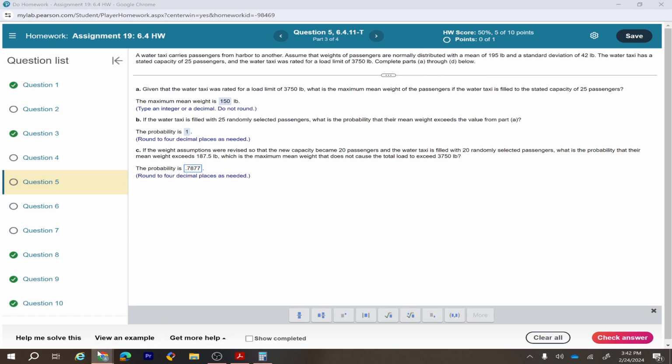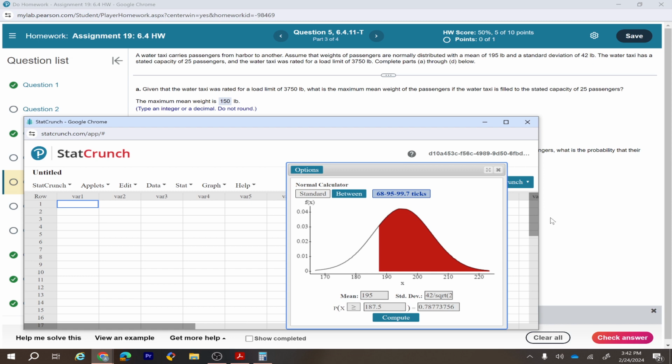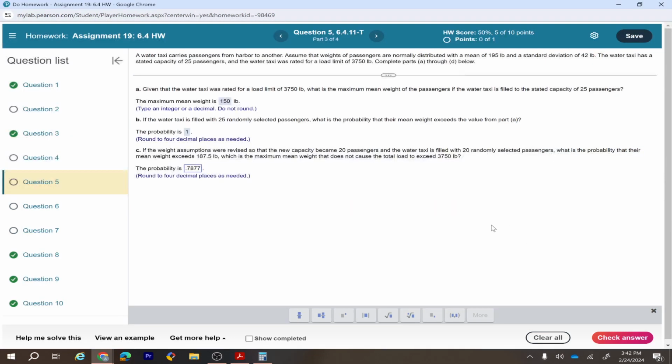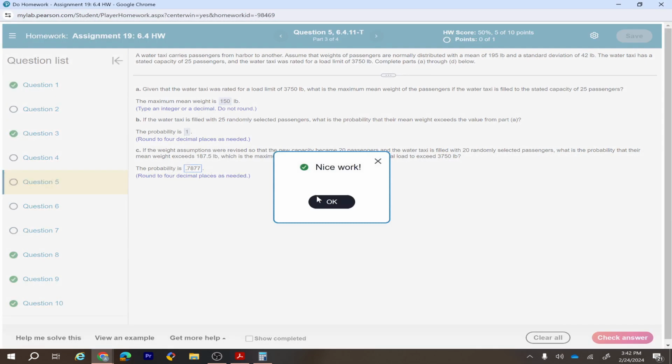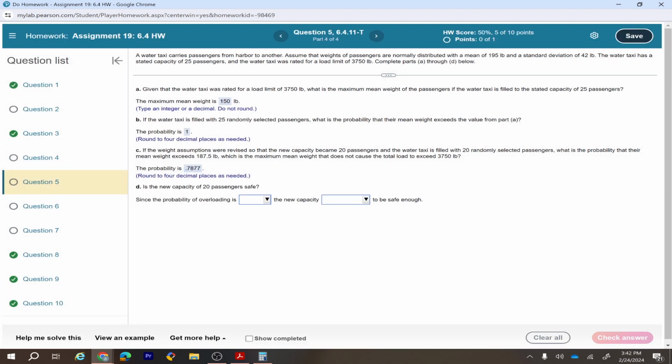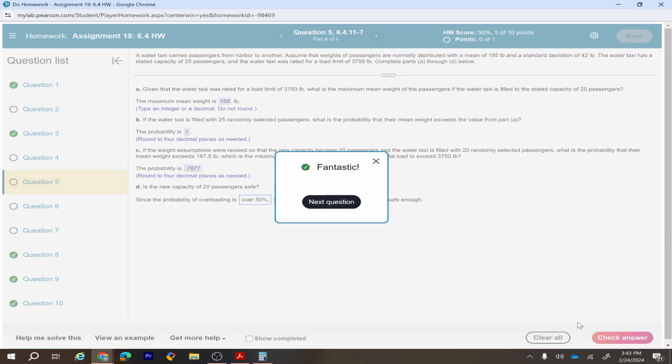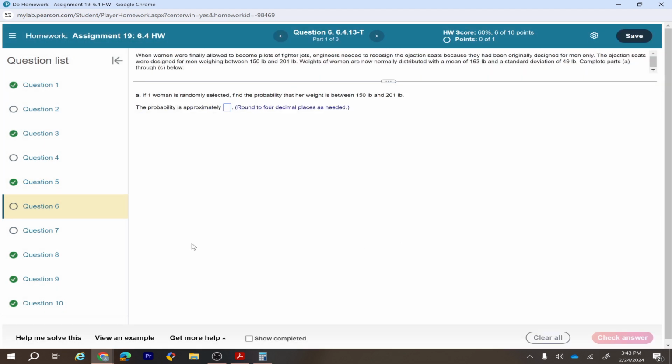Let me double check. 0.7877. Okay, so that's the probability. Here it was 100%, here it's 78.77%. Is the new capacity of 20 passengers safe? Still this is high. Since the probability of overloading is over 50%, the new capacity does not appear to be safe. Okay,